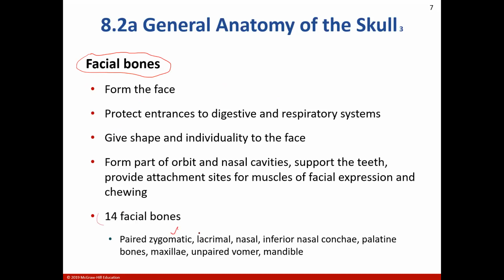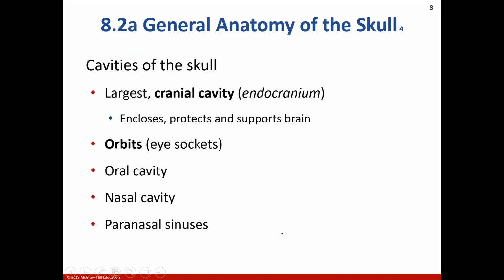You'll have to know all these names like zygomatic, lacrimal. Like lacrimal, I'll tell you right now, means tears, like crying tears, not tears. Nasal bones. I'll go into what concha is. Your palate. Maxilla is above your mouth. Vomer, mandible, all facial bones. And we'll look at the cavities. Obviously, this helps you also if you look at the